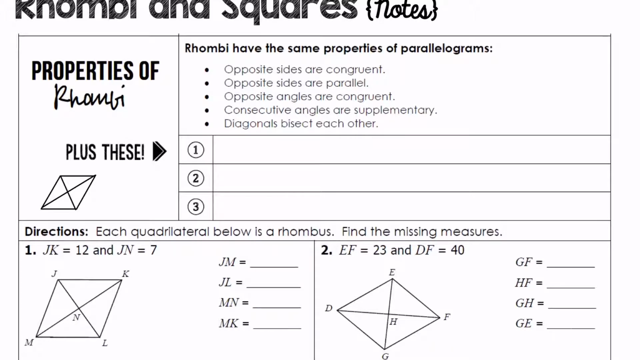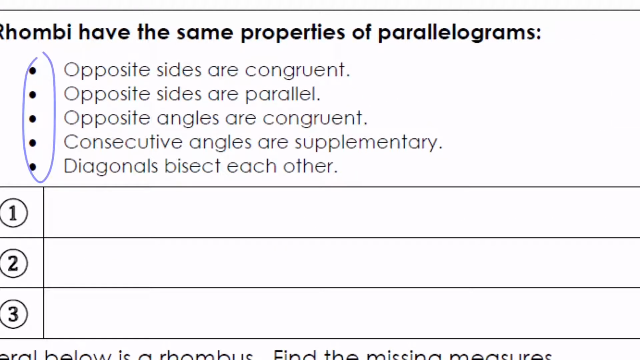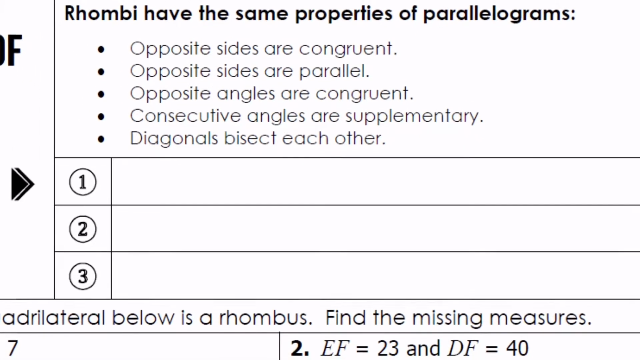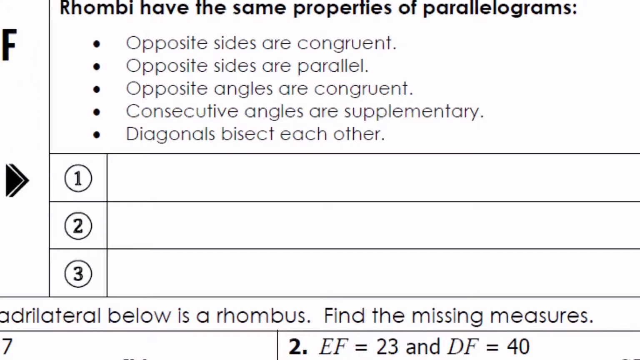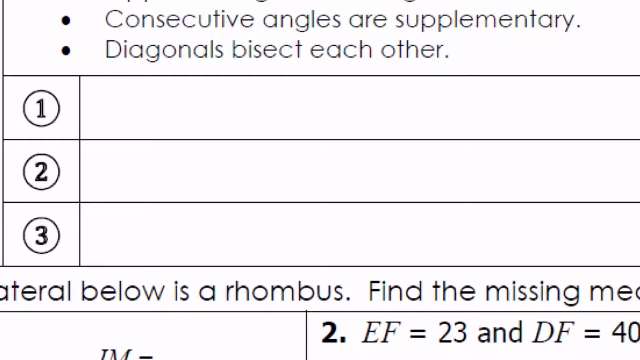They have the same properties as parallelograms, so just like rectangles did, these 4 properties are the same with rhombi as they are with parallelograms and rectangles. The 2 additional properties with rectangles, however, do not apply to rhombi. These 5 initial properties plus 3 others, one of which being that all 4